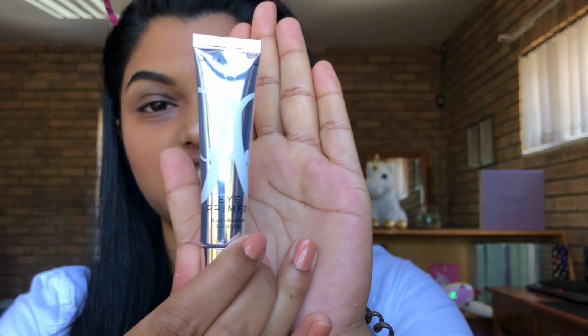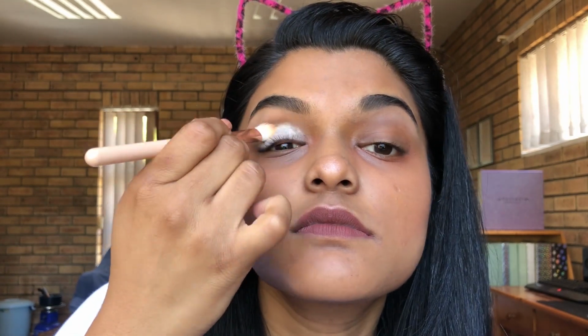Okay, so I'm just going to start off with my ABH eyeshadow primer. Just watch me use the same primer in every single makeup video I use because it's the only good primer that I currently own. You really need very little of this primer, so it should last me a really long time. And then for my trusty washi tape,